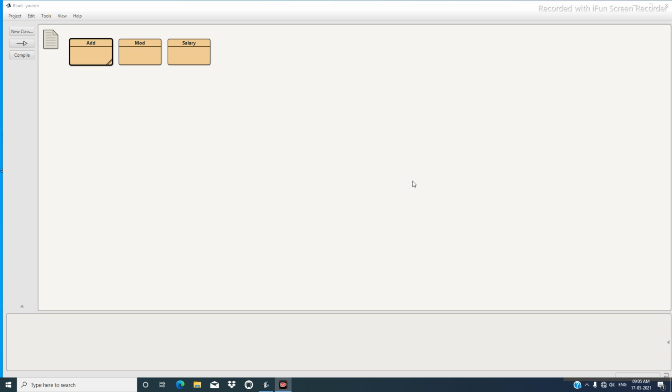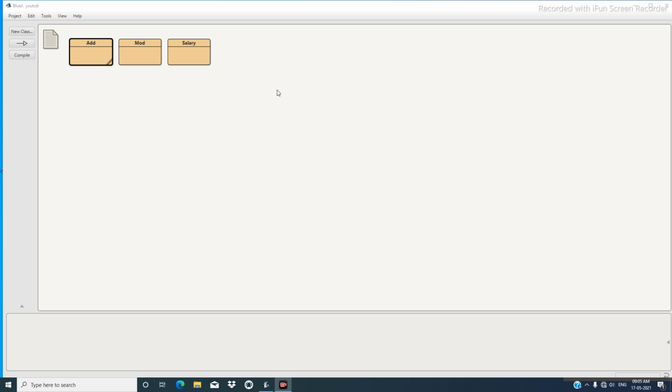Today we will learn how to execute static and non-static functions in Java in the BlueJ IDE, that is BlueJ Integrated Development Environment, and how we can reference a static or a non-static function from a static or non-static one, and what all are permitted and what all are not permitted in Java.